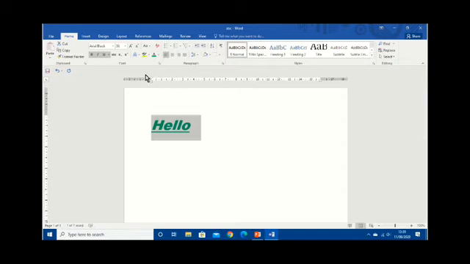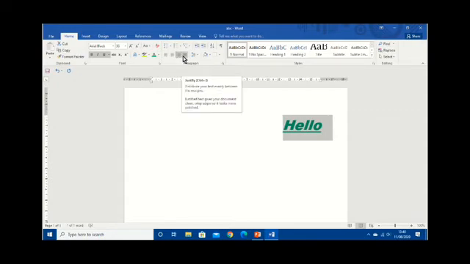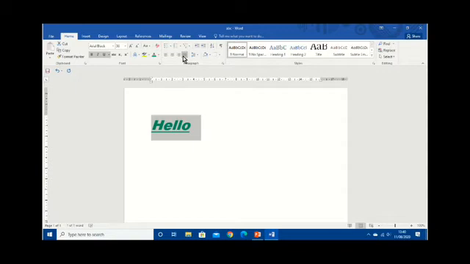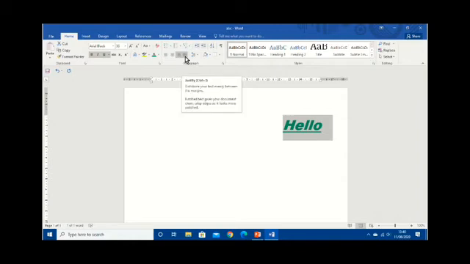After that, here you can see these are the options for left alignment, center alignment, right alignment, and justify option is there. By selecting and by doing this, you can apply on your text which you want. Left alignment, justify, or right alignment, center alignment, according to your need, you can do it.